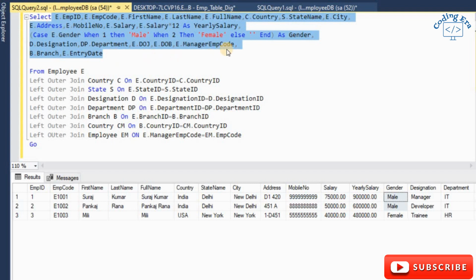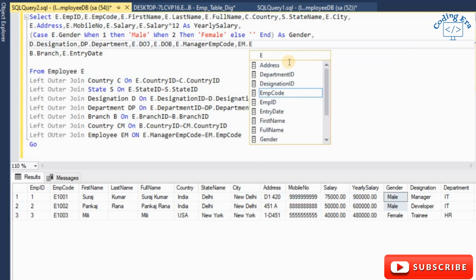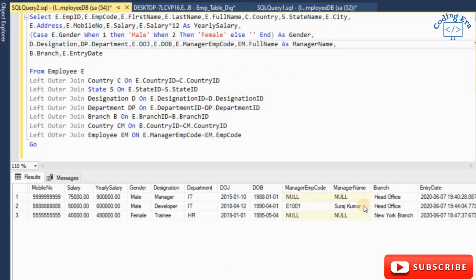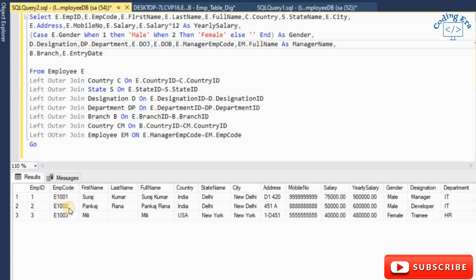Okay, so if you want some other columns like manager name, then you can put here EM dot full name as manager name. Then you can see here this is the name of the manager and this is the code of the manager of the employee, E1002.